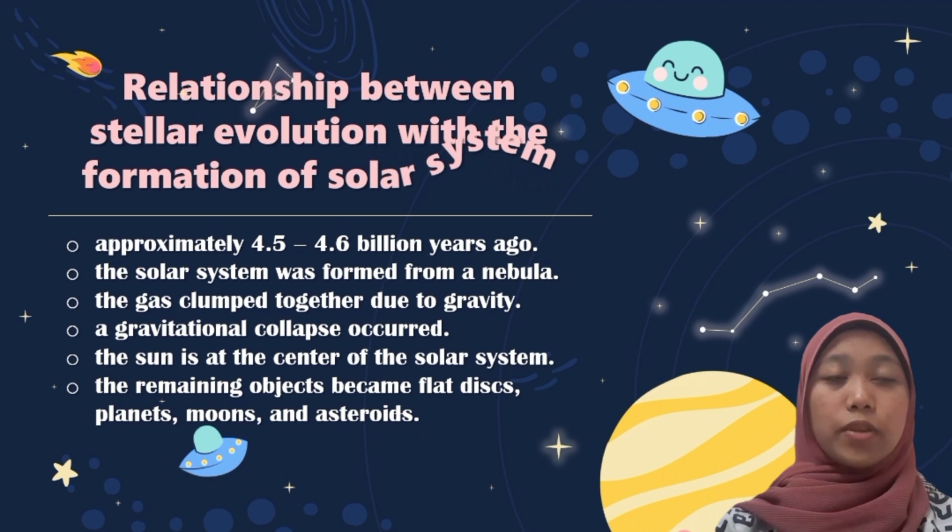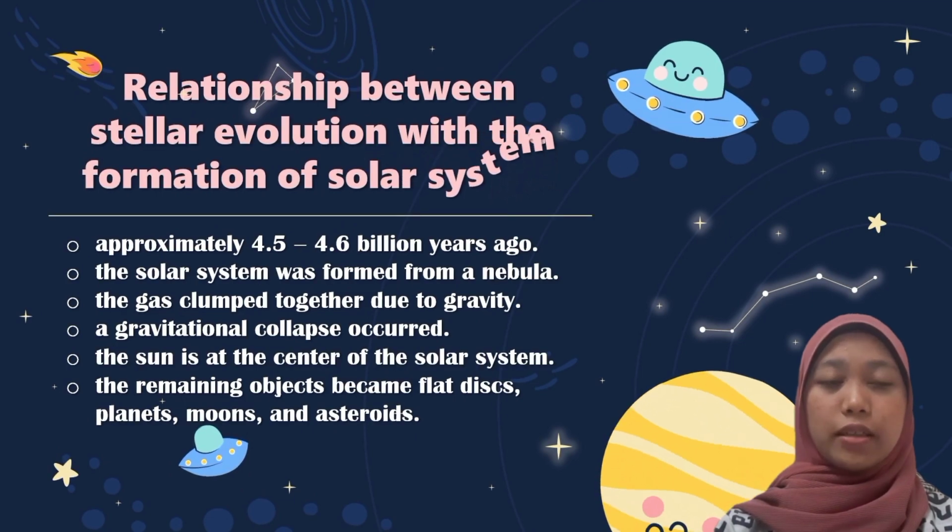The remaining mass of the material in the nebula that was not absorbed by the sun was flattened and held in orbit by the sun's gravity. This produces the protoplanetary disk from which the planets, including the moon, would form. When the pressure inside the gas increased, creating nuclear fusion, the sun started to ignite and blast a stellar wind that cleared out the remaining gas and dust from the solar system. The rocky debris that remained is represented by the asteroids.